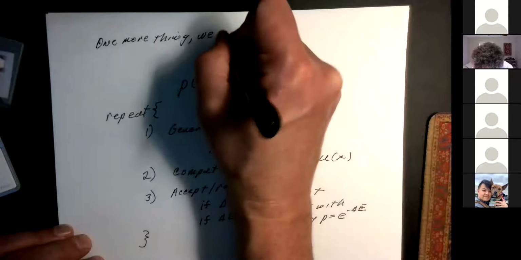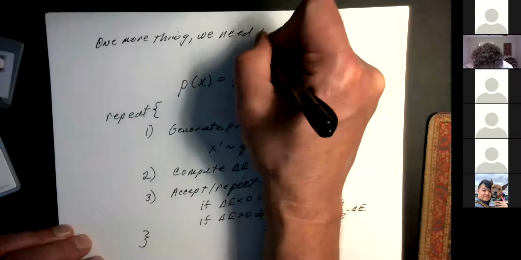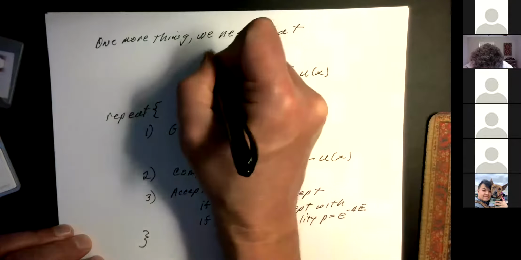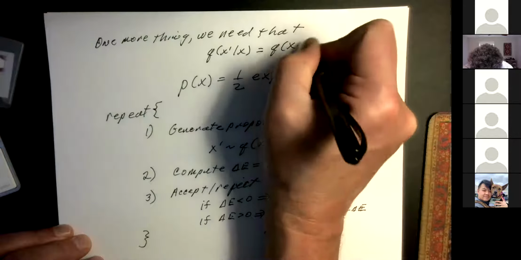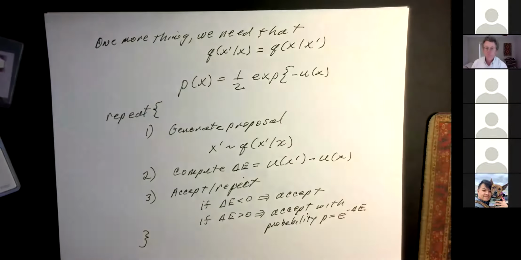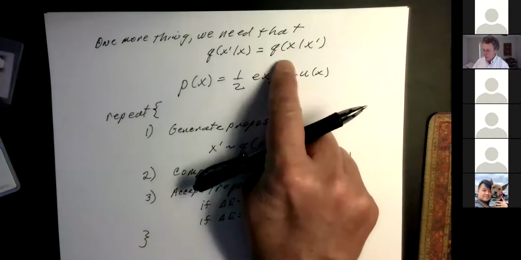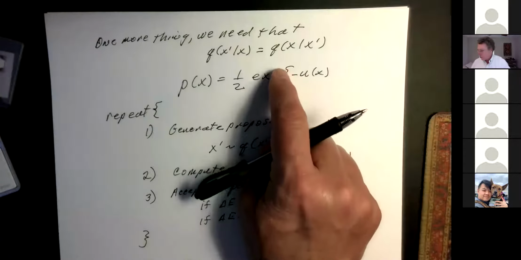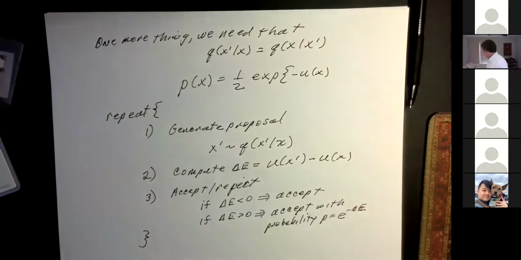We need that q of x prime given x equals q of x given x prime. So the proposal distribution has to have this symmetry property. What's the intuition behind that? The intuition is that